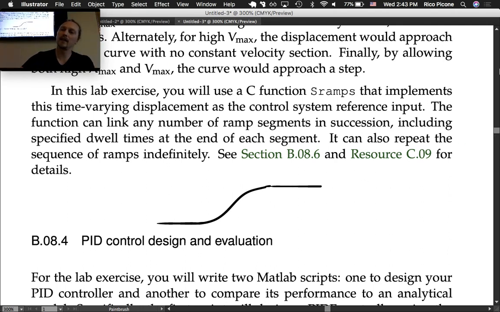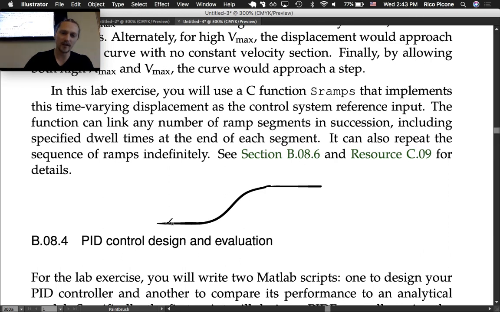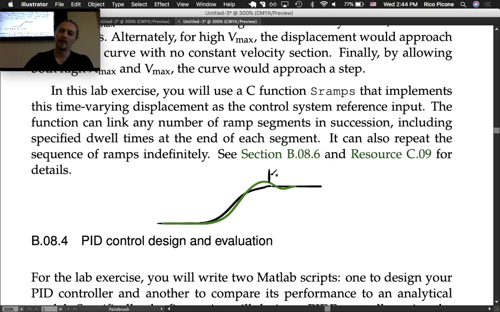And what'll happen to your response will be that it'll probably be following this, and then it'll lag behind this a little bit, and it'll probably overshoot it and whatever. So your actual position will do that, but then your command is going to dwell there for this amount of time,